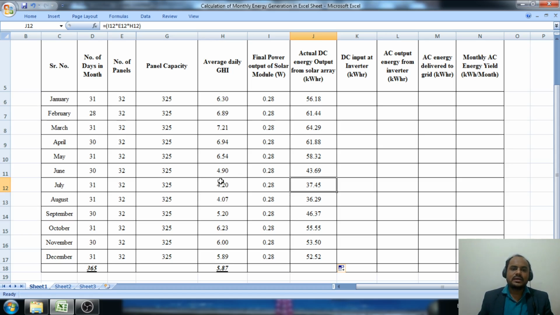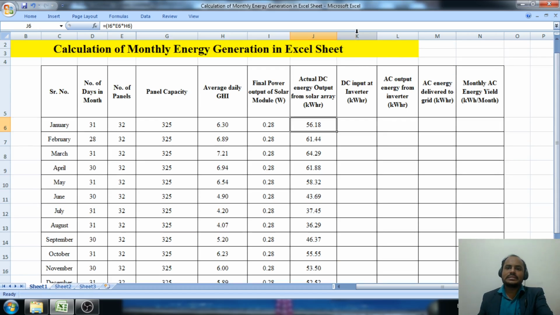So that is why the solar radiation is lesser, and thus it is reflecting the actual DC energy output that we are getting from the solar array over here. Then we are going to proceed to the DC input at the inverter. When we are giving the power from the combiner box up to the inverter, we are using the DC cable over here. Considering that there are 3% losses due to the DC cable,